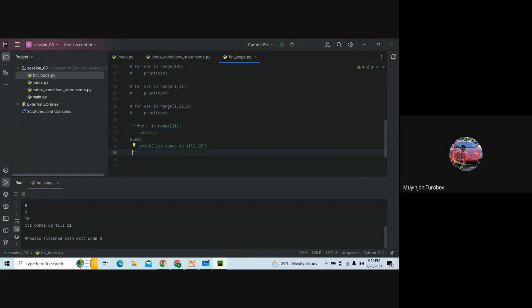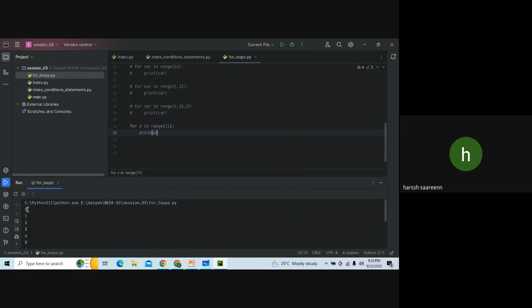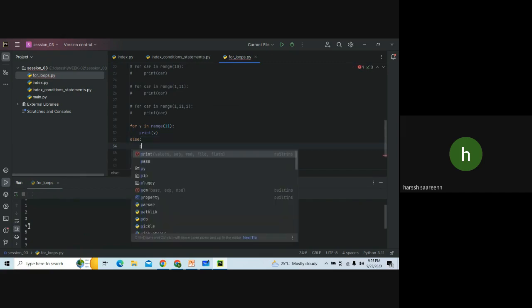Sorry, I don't understand how the else printed the thing. Okay, so this is your for loop, right? I'm just cutting out this. This V gives your counting from 0 to 10, skipping 11, because my indexing starts from 0 and ends with 10. Now whenever I'm printing this, the loop is coming, right? Okay, this is clear. Now if I put my keyword which is else, here I will write print, and